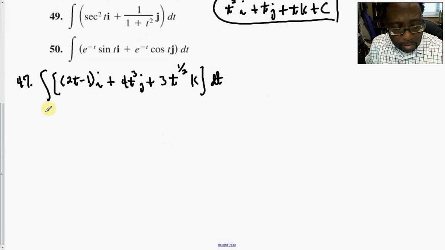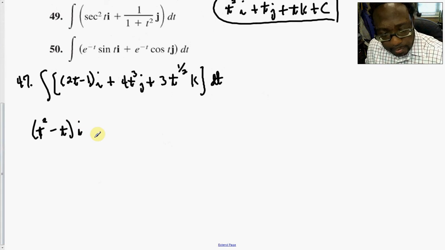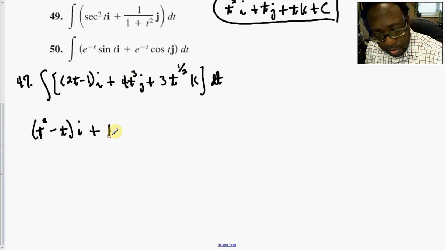So we integrate. The first part we get 2t squared divided by 2, so that gives us t squared minus t, this is i, plus 4t cubed, we integrate that, we get 4t to the 4th divided by 4, so that gives us t to the 4th j,